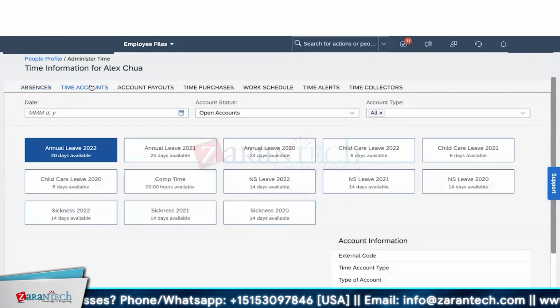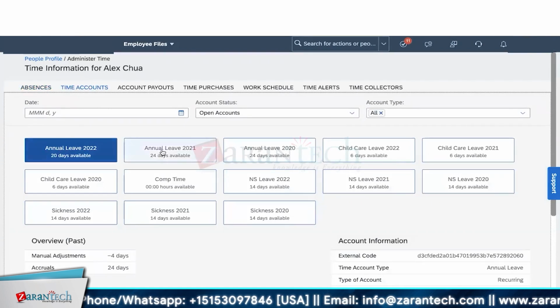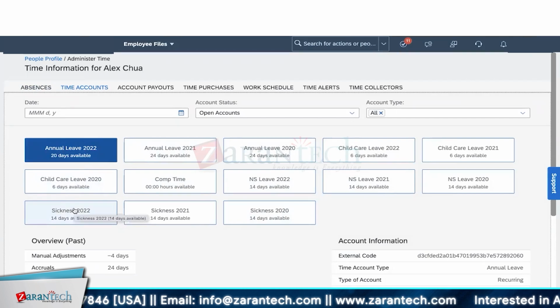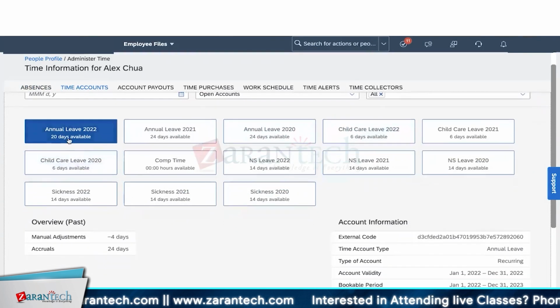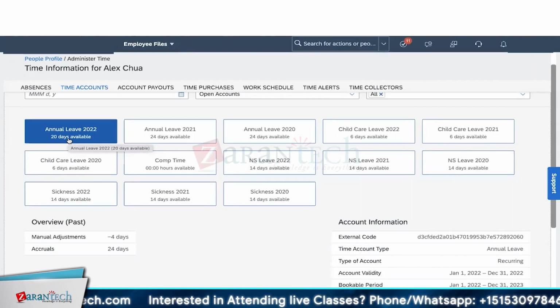So for the different leave types, like annual leave, casual leave, sick leave, we can have multiple accounts. Annual leave 2022 is one account, sick leave 2022 is an account, and similarly we have child care leave 2022, with each account having its respective balances. Now for annual leave, which has a balance of 20 days, due to any reason, if the company decides to add 2 days of additional balance for this employee, or reduce 2 days from this employee's balance,